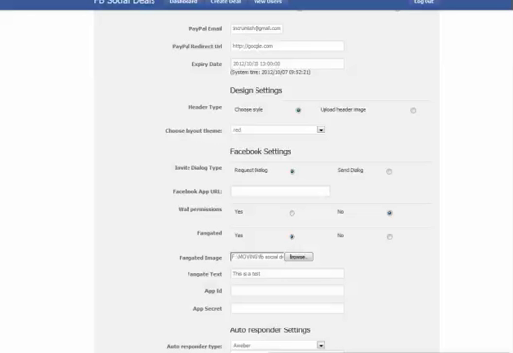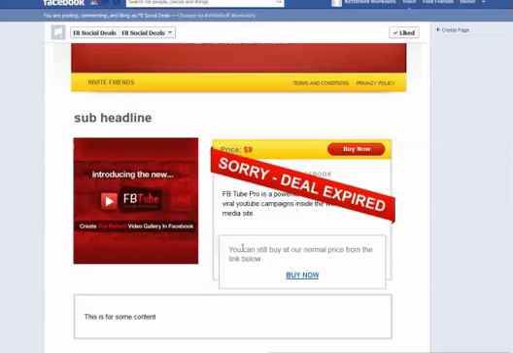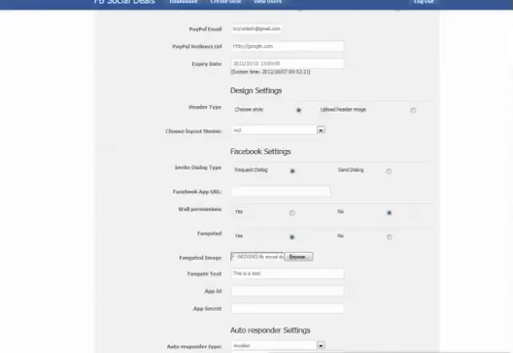Or if you wanted to, you could maybe say, tell me when this deal is back on, and you could set the link here to go to maybe a page with an autoresponder and then get on a waiting list. It's a good way to do it. So